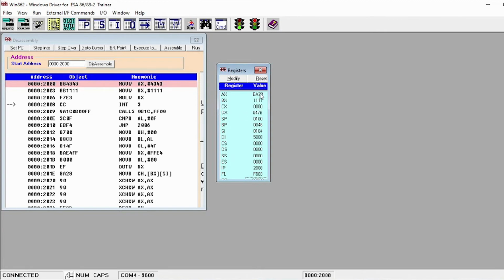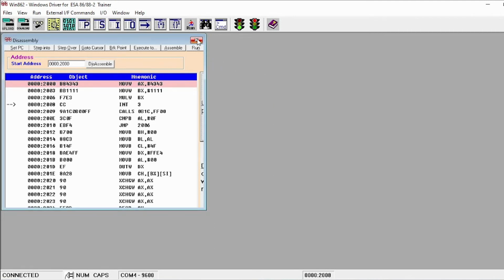The first 16-bit result, the LSB, is stored in AX, and the next part, the MSB of the multiplication, is stored in the DX register. So for the multiplication result, you note down both AX and DX as the output. This is how you perform the 16-bit multiplication operation.